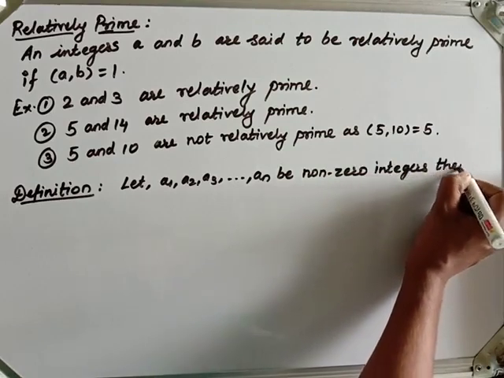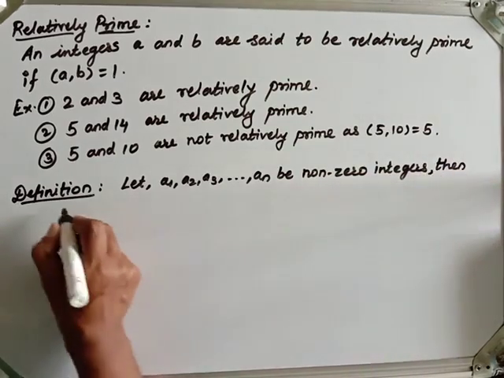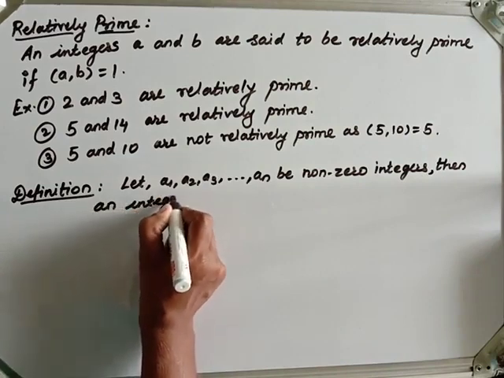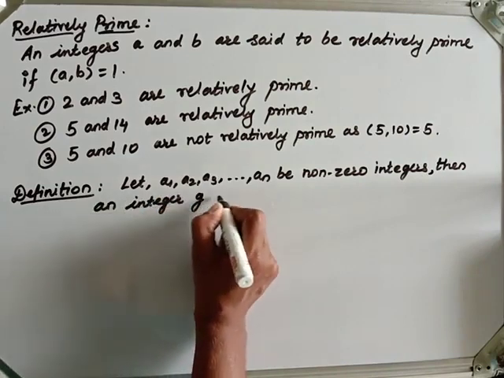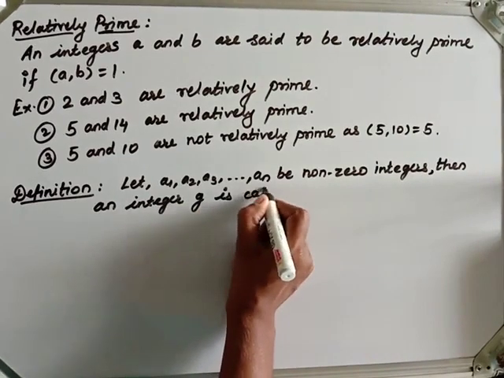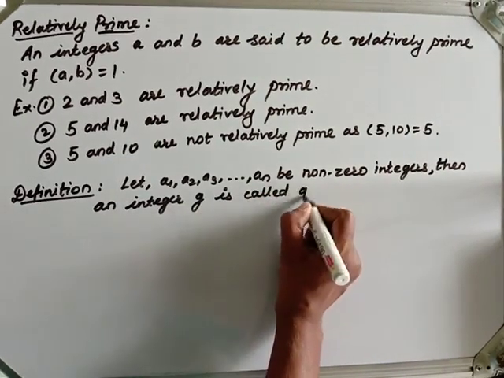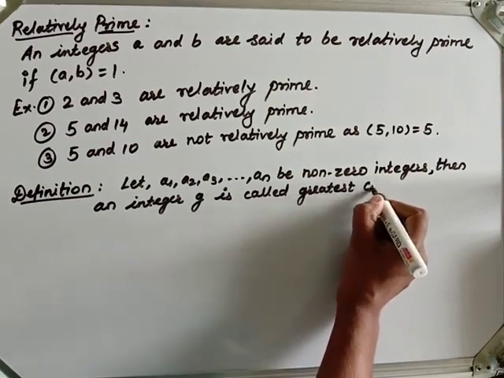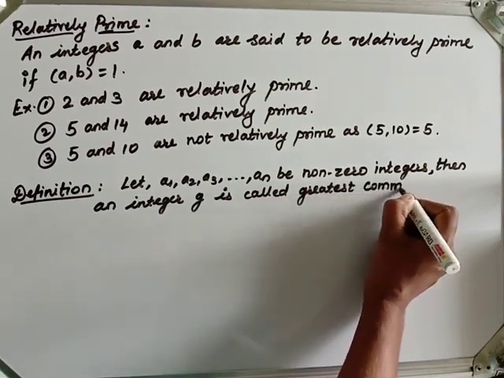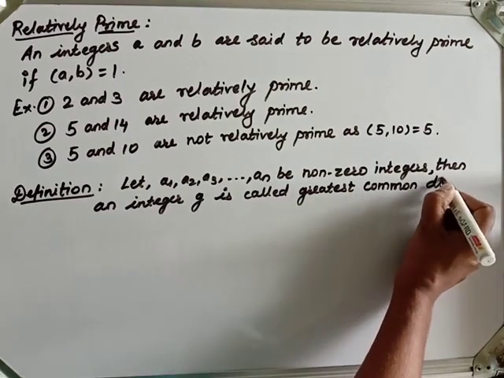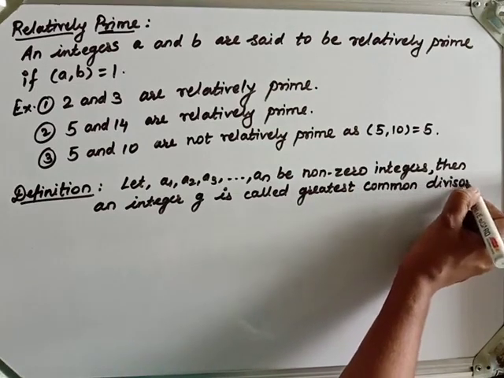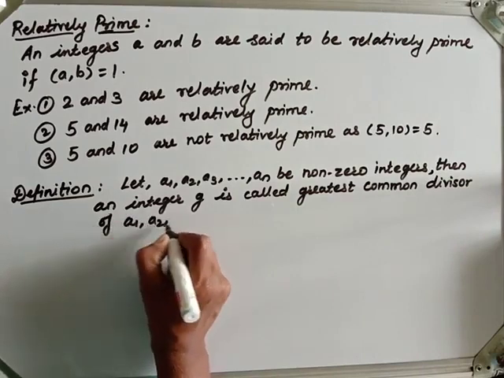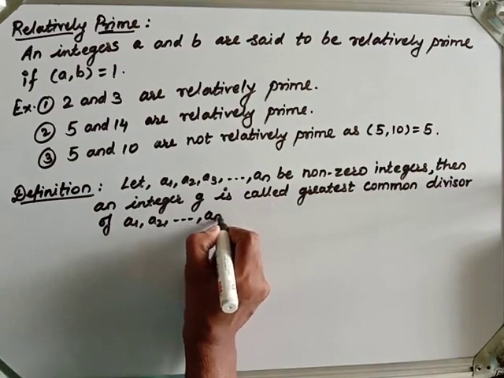Then an integer G is called the greatest common divisor of A1, A2 and so on up to AN